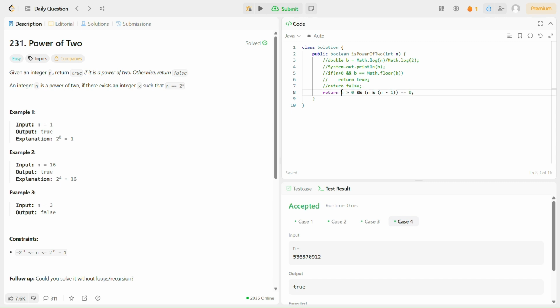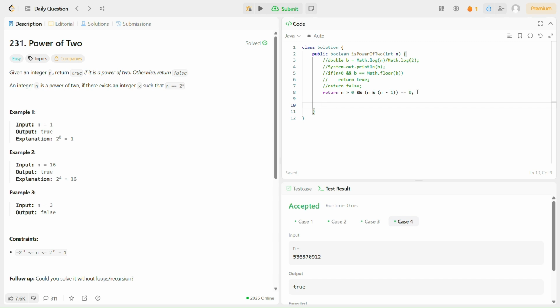So basically, the first condition is n is greater than 0. This is necessary as for any negative number, it cannot be a power of 2. So our prerequisite is this statement. And the next one is this one. Now to explain this, I have to explain the representation of